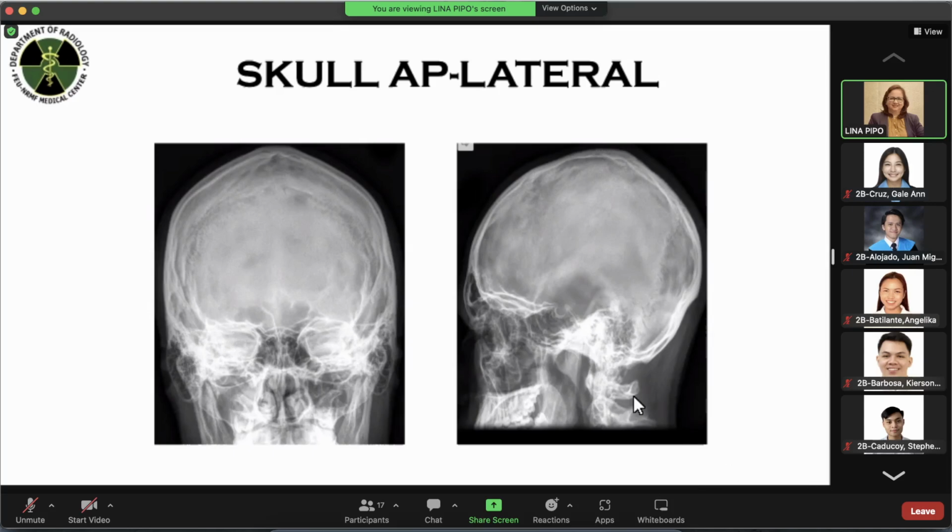And when we go to our lateral view, you will appreciate the occipital bone here. This forms the back of the skull vault and it is joined by your parietal via your lambdoid suture. The junction of your lambdoid and your sagittal suture is your lambda. And then here, your temporal area, the greater wing of the sphenoid and the squamous part of the temporal bone, forms the side of the skull below the frontal and the parietal bones.